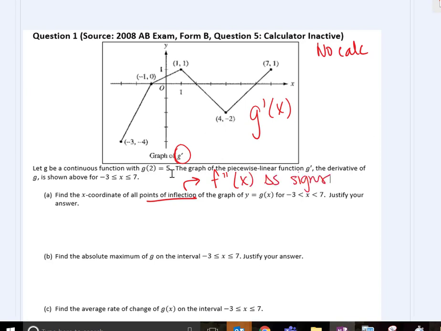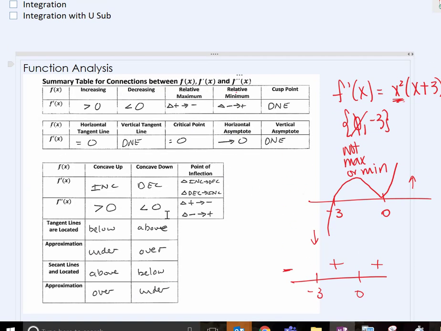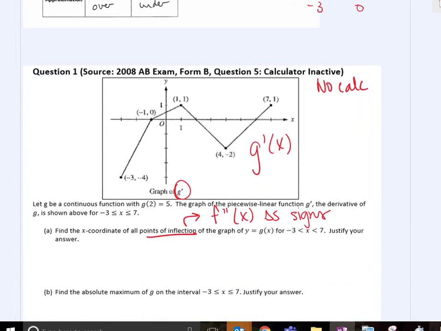Or, because I don't have an equation, I also know if I go back up here, that's also when f prime is changing from increasing to decreasing or decreasing to increasing, right? Because it's like the slope of the slope. So I see that we're changing signs. We're going from positive to negative. At 1, we are going from decreasing to increasing